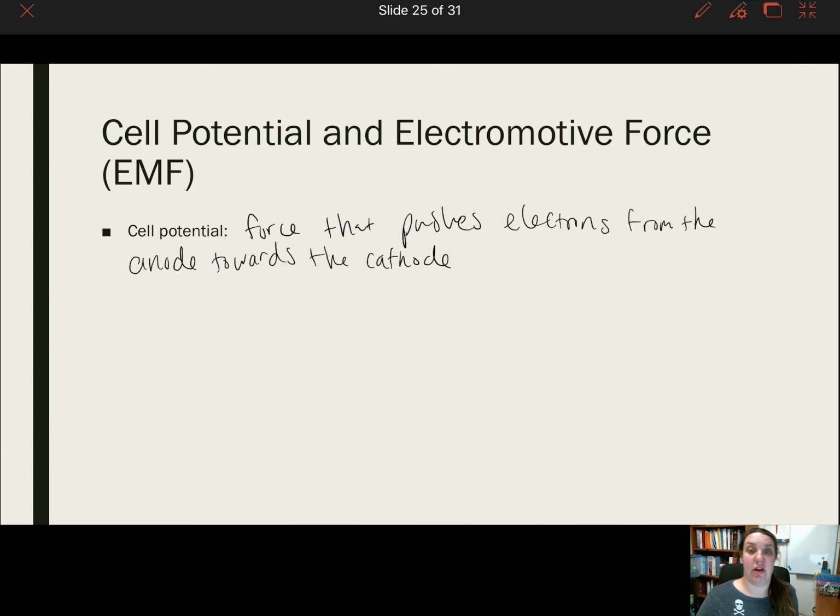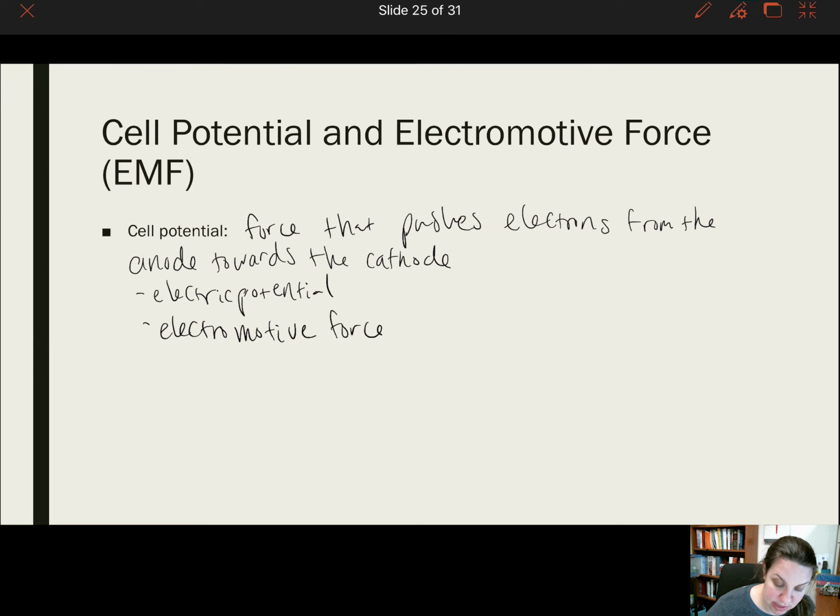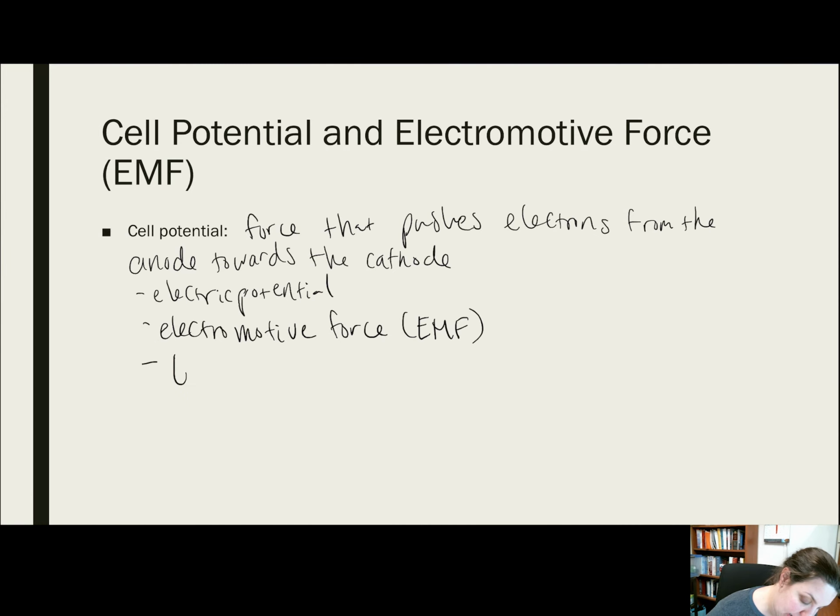We call this an electric potential, or an electromotive force, or EMF. Last one is our E cell. It's another way of looking at it, which is the cell potential. So all of these are